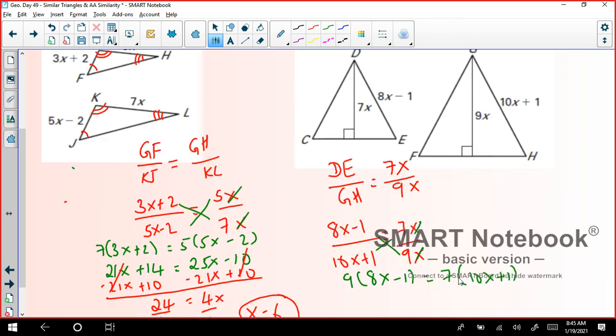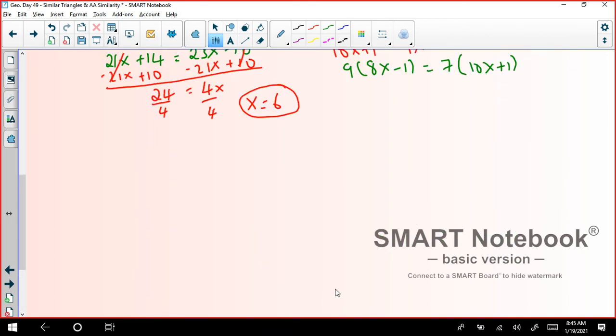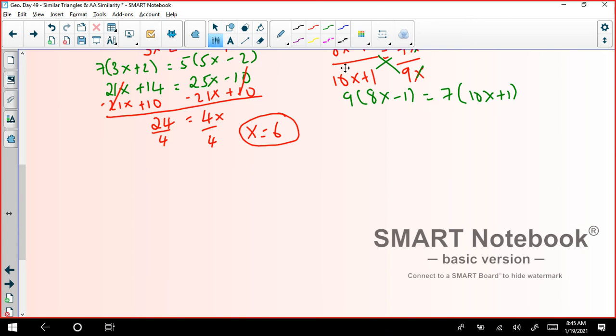Let's simplify this further. So 8 times 9 is 72 and 9 times 1 is 9. 7 times 10 gives us 70 and we have 7 times 1 as 7. I will further